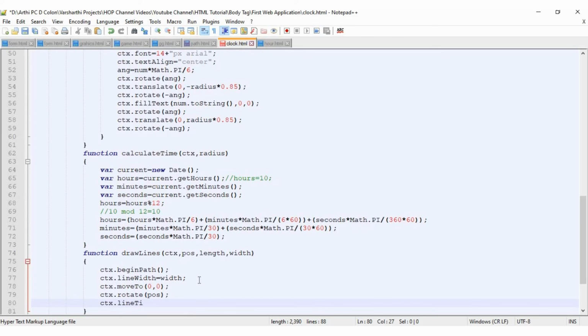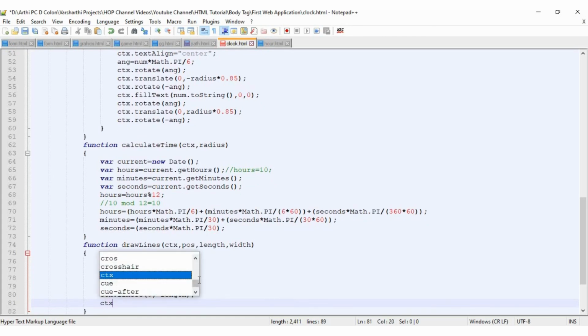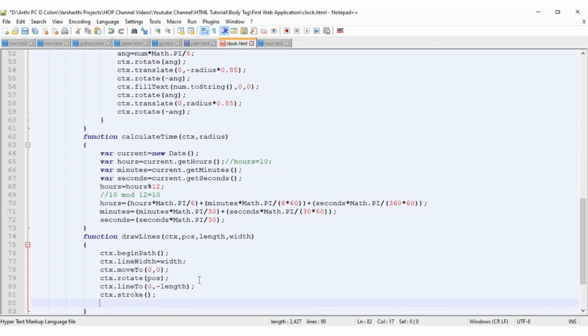Then we have to draw a line. Let the length be 50% of our radius. We have to call the stroke function so that your line will be visible in black color.